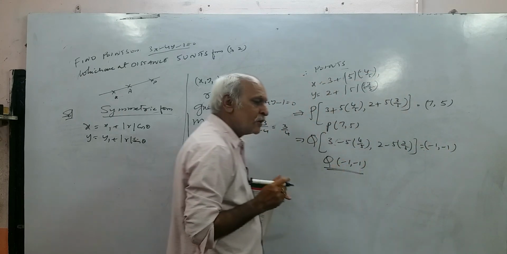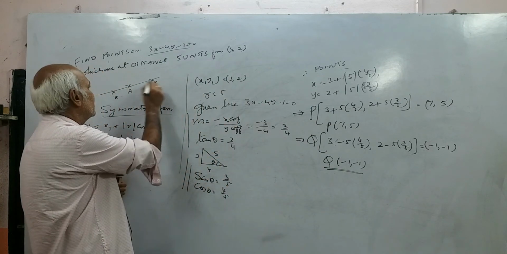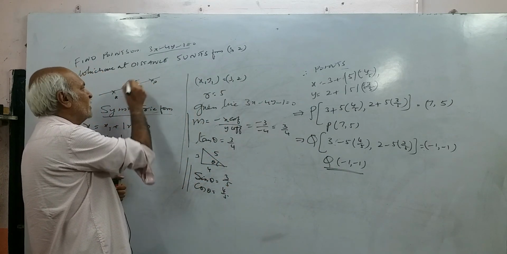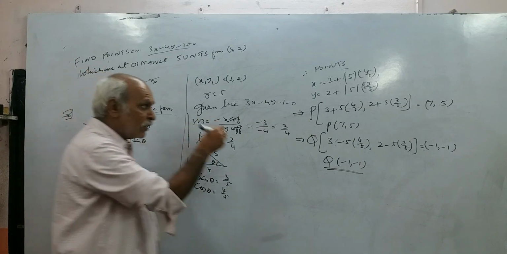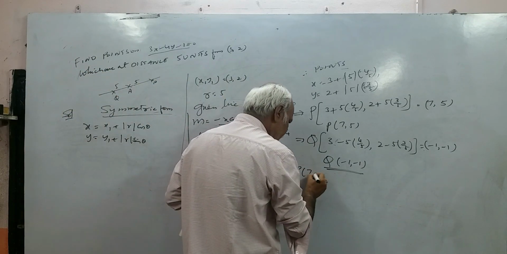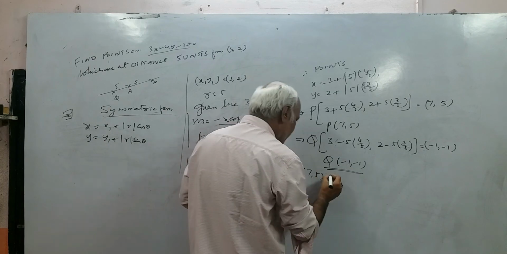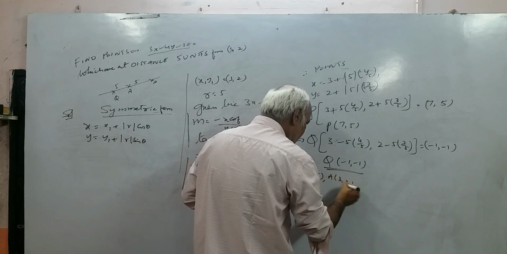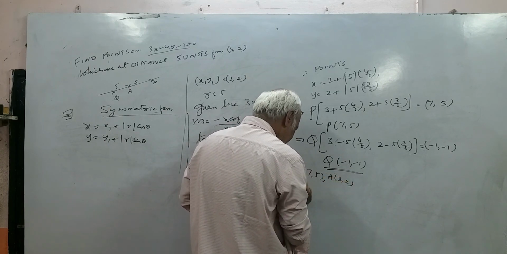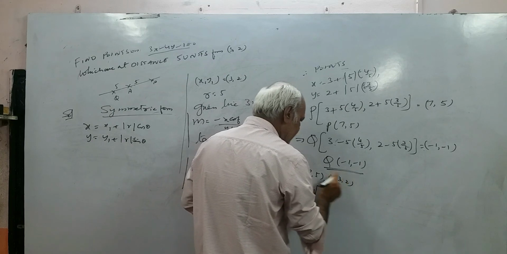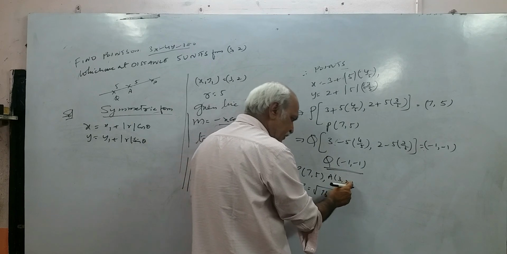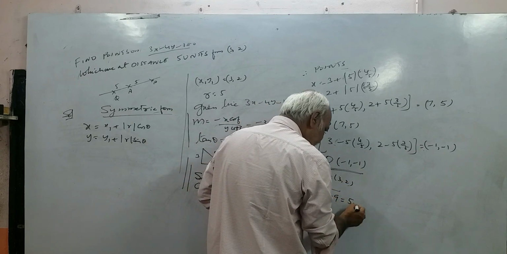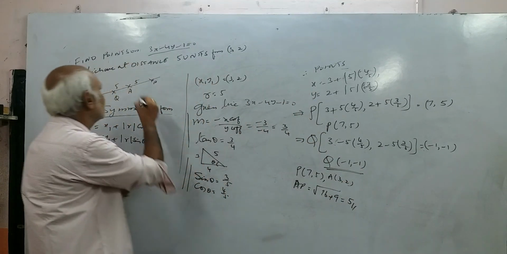Now I told you what I gave. If you look at here, the distance between A and P should be equivalent to 5, and the distance between A and Q should also be 5. Now let us see, we got the P point. To make you understand, in the previous one I have not done this, here we can do it. A point is (3, 2), distance formula. What is AP? x2 minus x1, 3 minus 7, minus 4 whole square is 16. 5 minus 2 is 3, 3 square is 9. How much do I get? 5. That's what it says. The distance should be 5.